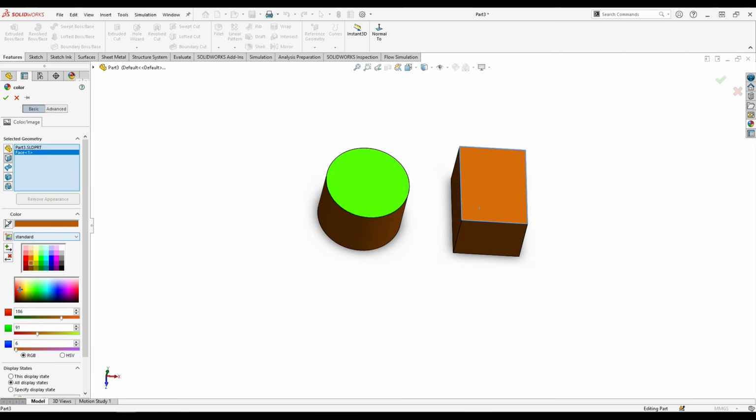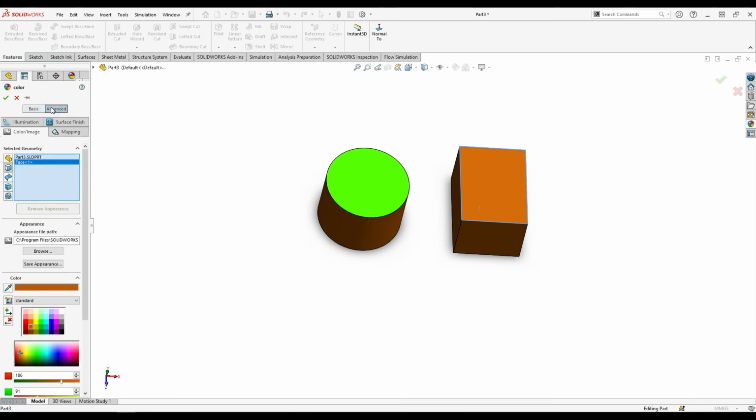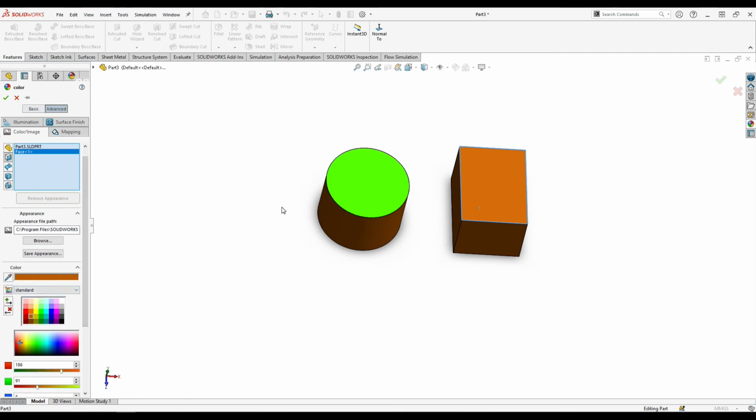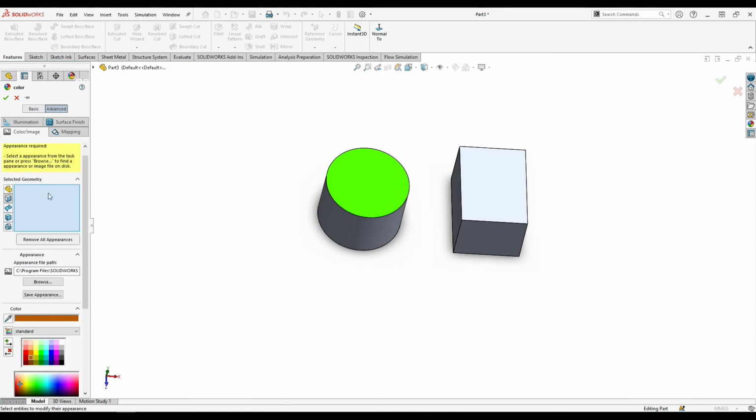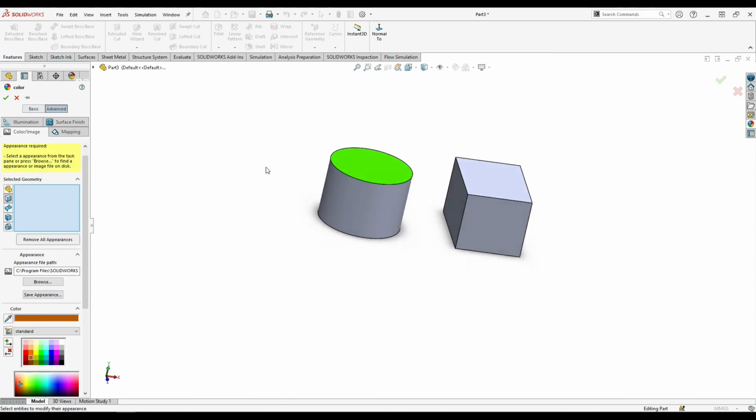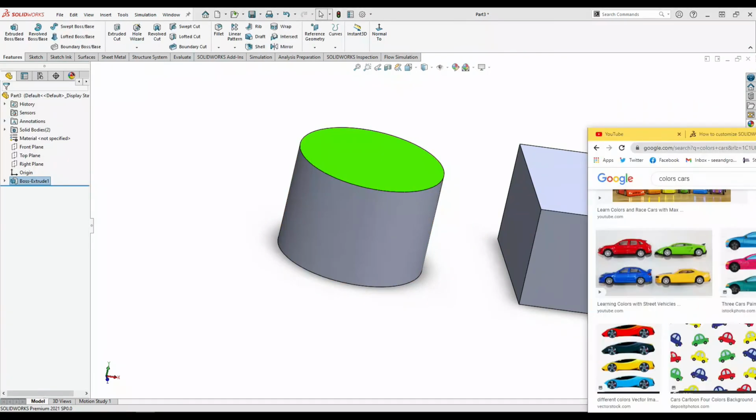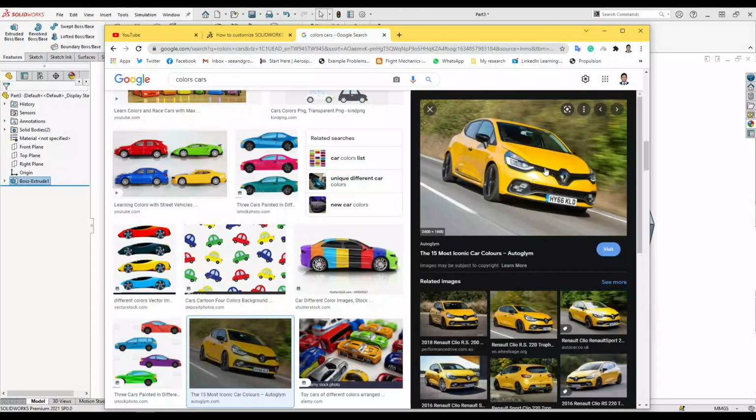So this is also very easy, using the colors. Here you can see basic, and here is the advanced. In this advanced option, so many options are there. If you want to create some other colors, let's click clear selections. If you want to give some online colors, here you can see this is the car color.